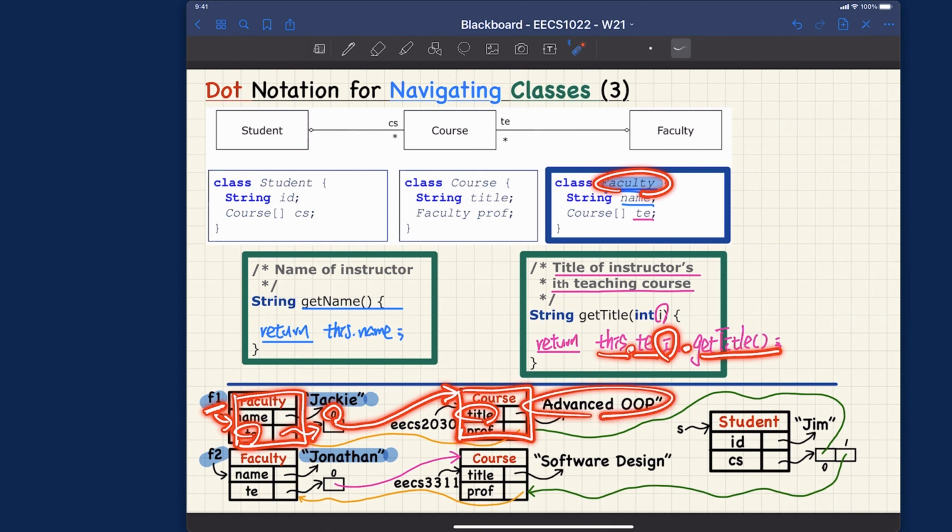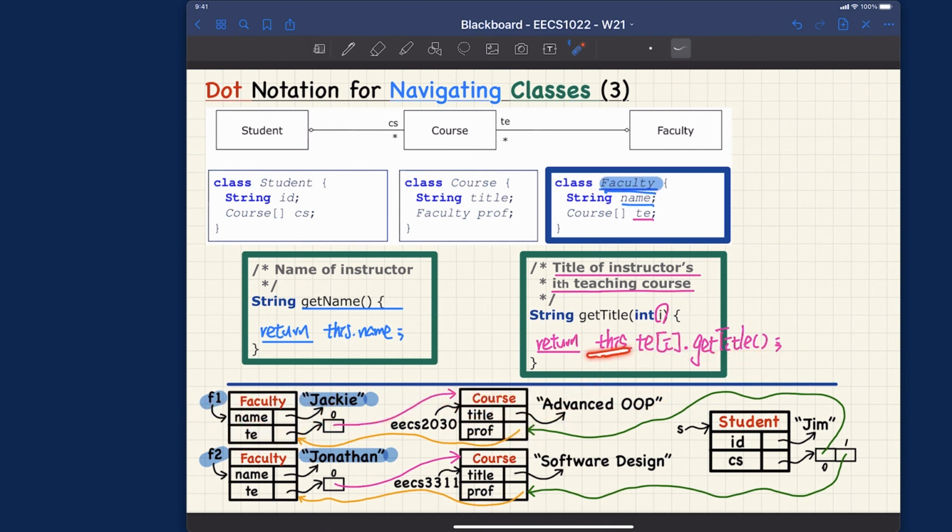You can do a similar exercise if the context object over here is actually F2. And then eventually you will get to this particular course object's title, which will be Software Design. All right? A very quick recap for this example here. In real life, you would simply get multiple classes over here. I'm showing you only 3, but realistically, you might get hundreds of classes if you have a very big